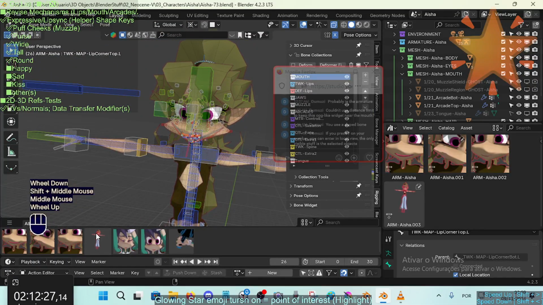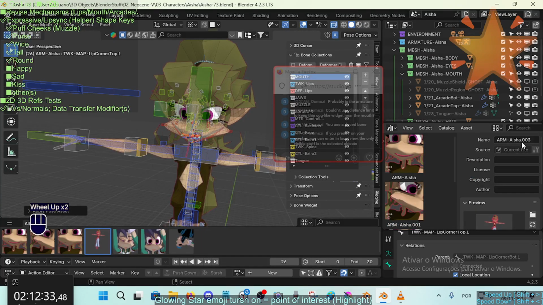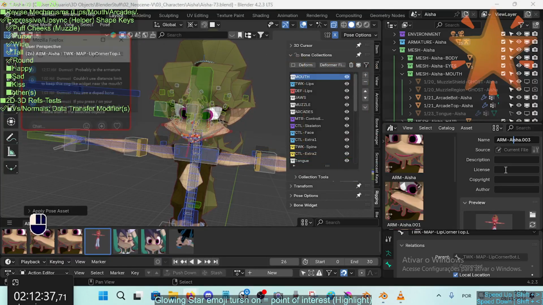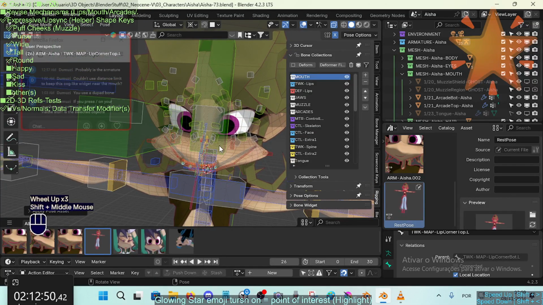What that means is that this pose asset, yes, pose asset indeed, let's rename it also. The UI is very bad here, right folks? So here, let's get this rest pose. And so what that does is that,